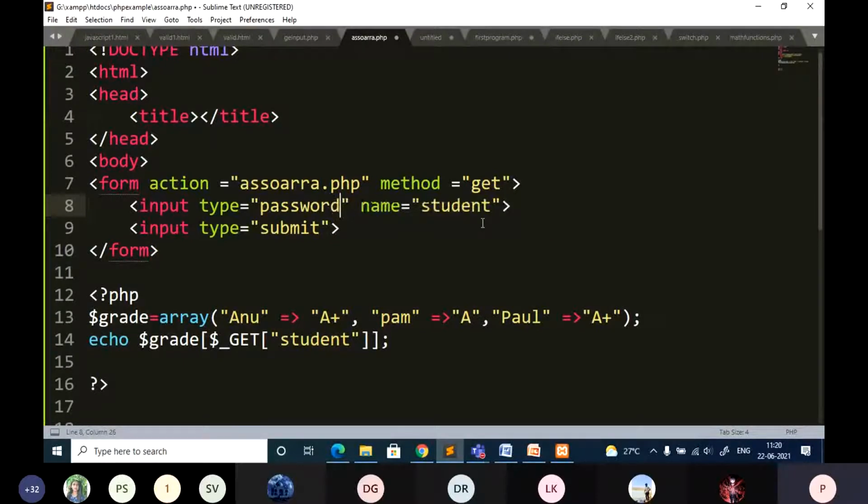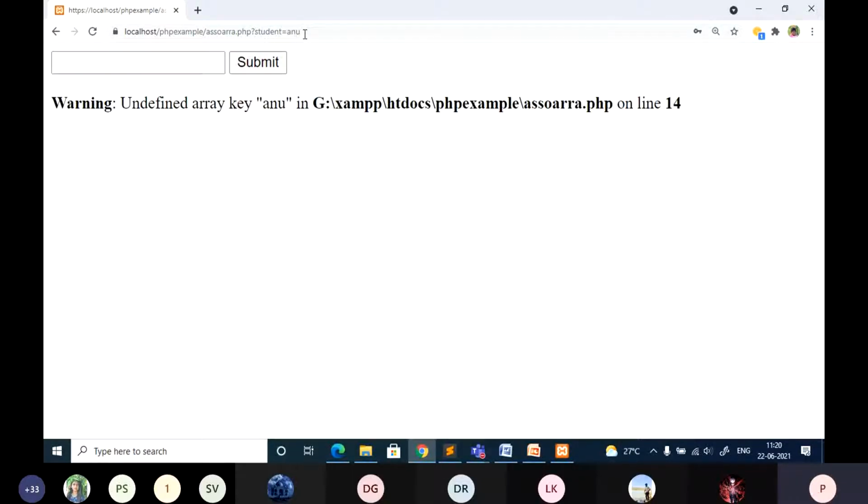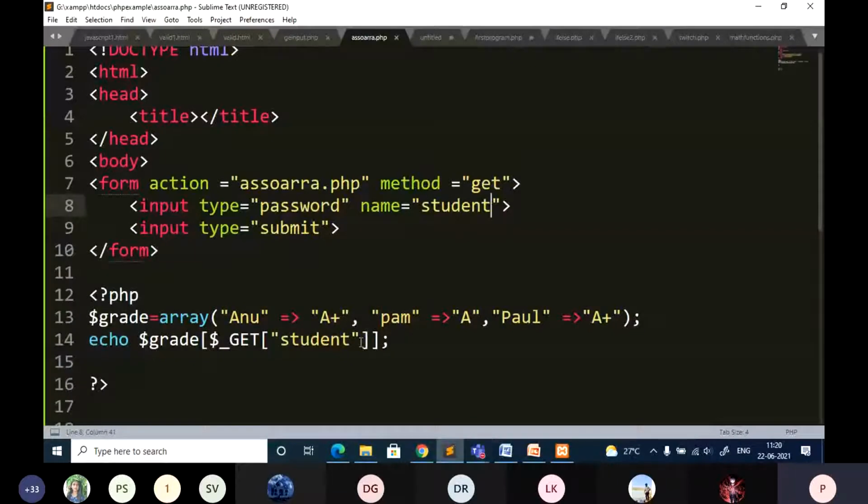Name, let it be, I'm not worrying about that. So you don't look at the answer, I want you to look into the URL. Okay, so I am entering some password. Can you see the password is visible here? You can view the password I entered. You can even access that password and display it in the browser. The only thing is you need to modify, instead of the array here, just give the name of this. Echo that particular value.